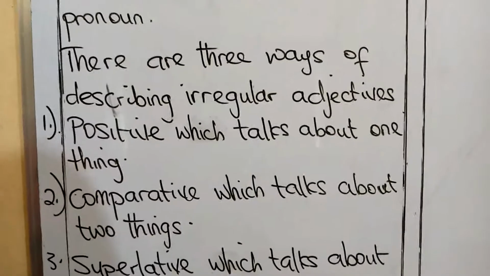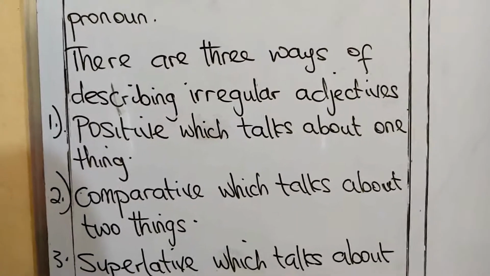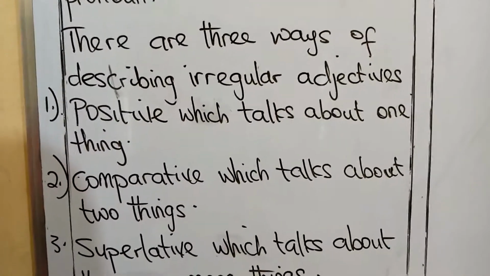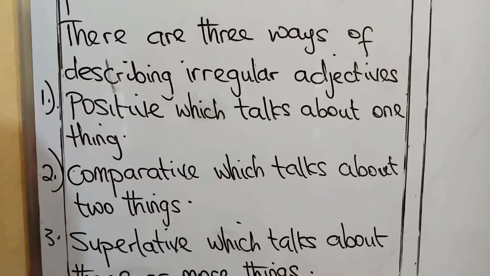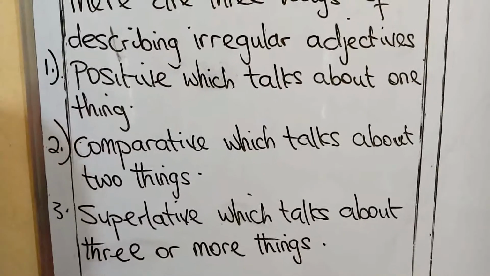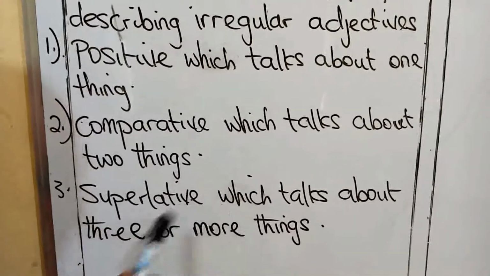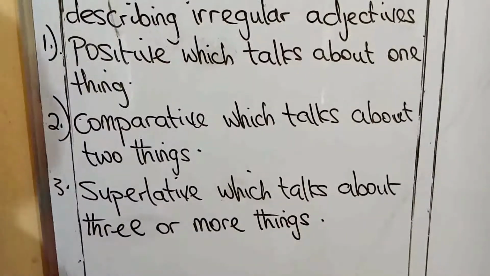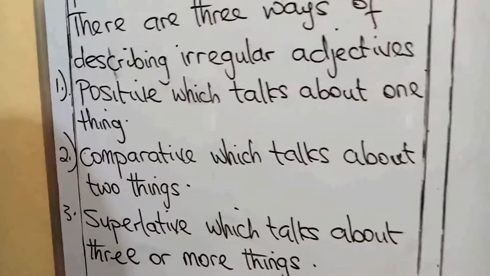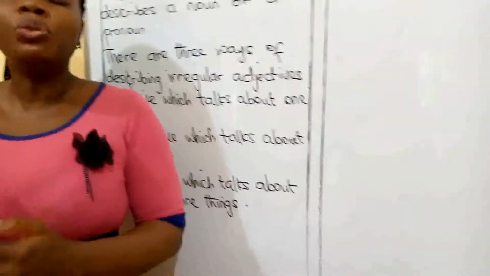Okay, remember I told you that there are three ways of describing irregular adjectives. Number one is positive, which talks about just one thing. Number two is comparative, which talks about two things, just two things. And number three is superlative, which talks about three or more things. Okay, before we proceed, I want to define